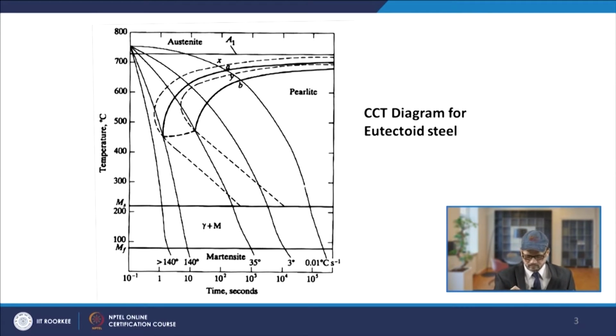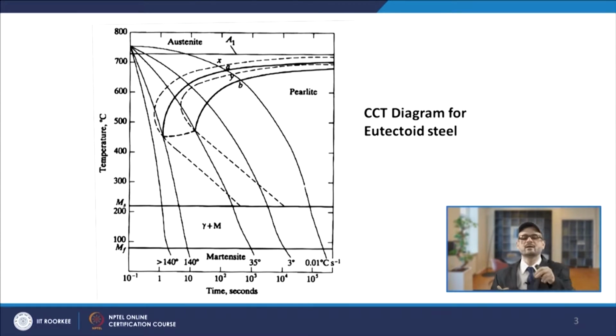So this bainitic curve will be, for that, this untransformed austenite will be passing through that bainitic range of the TTT diagram, and the bainite start curve, basically for continuous cooling, will be shifting somewhat to the right, so that very little austenite will be transforming to bainite, and the rest will be transforming to martensite. So that way, if you analyze this curve, you can see with what cooling rate, what kind of